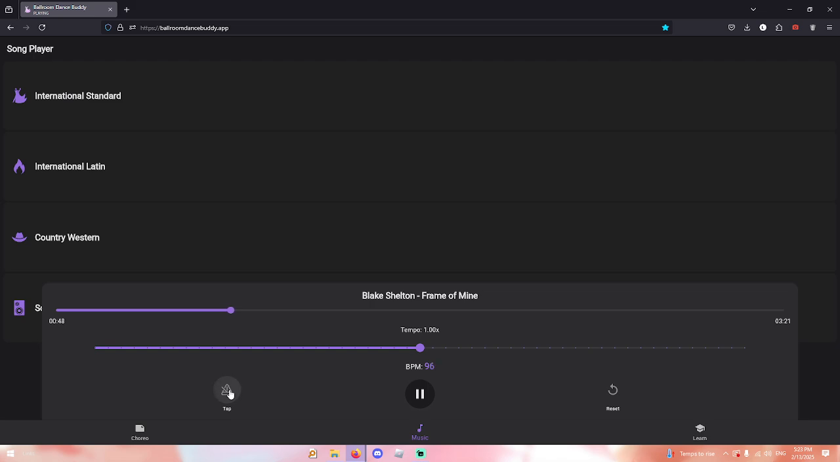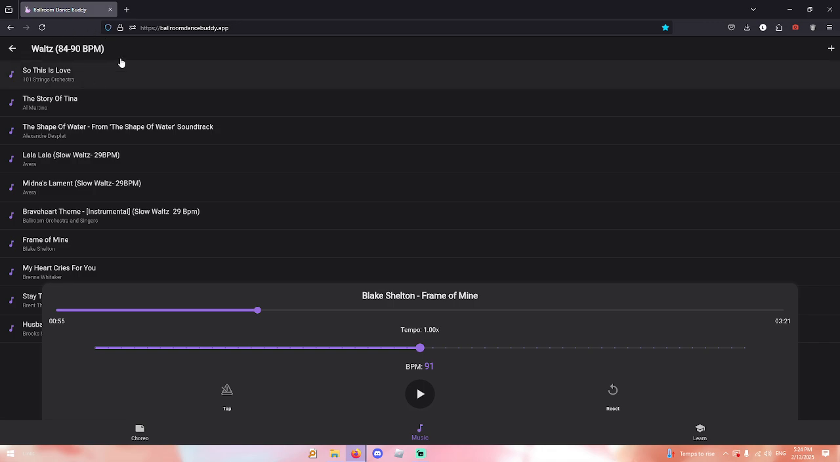So we can go ahead and tap along to the music, and that will get you within plus or minus 1 BPM of the actual song. And if we know the tempo range, for example, the international standard tempo range for all the syllabi is 84 to 90 BPM, so I can go ahead and slow it down to be in the middle of that range,